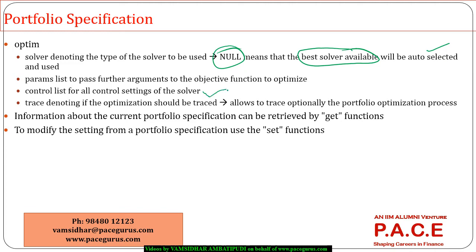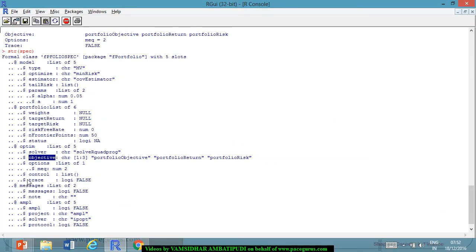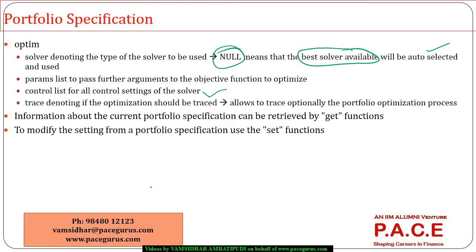You can set the various control settings for the solver. And finally, the tracing talks about whether you would like the tracing of the entire portfolio optimization process, the step-by-step approach. Initially, by default, it is false, but you can very well set it to true, but that would clutter your